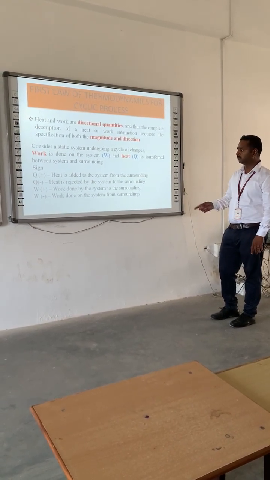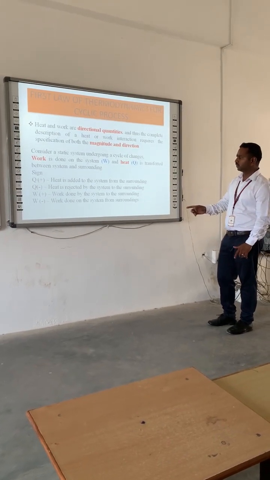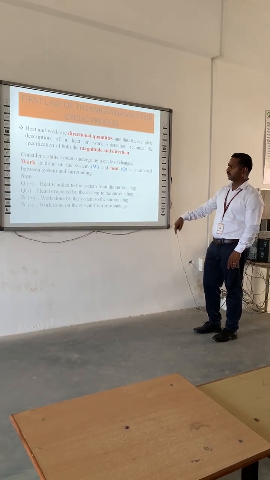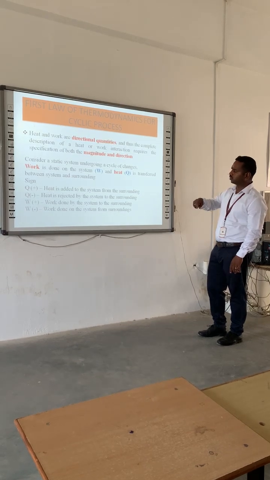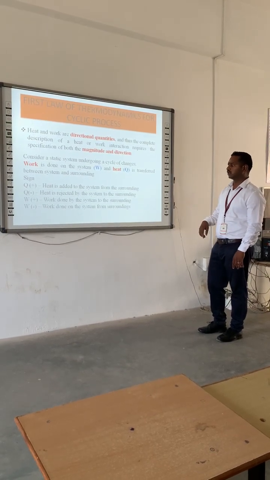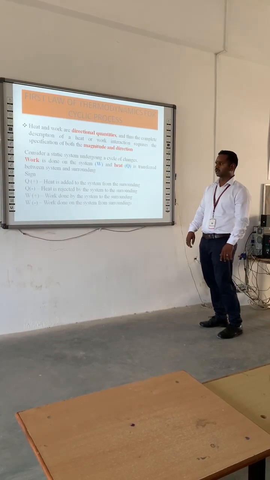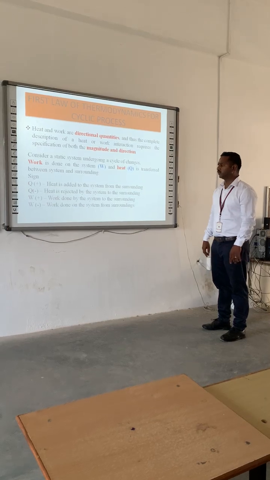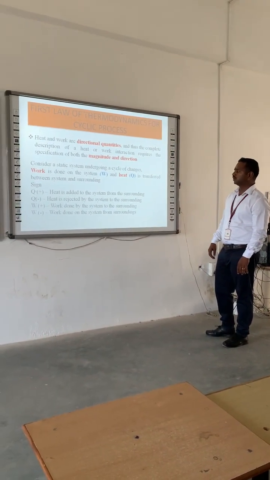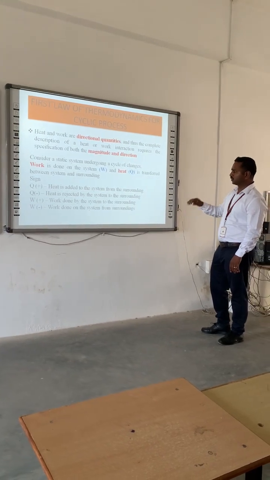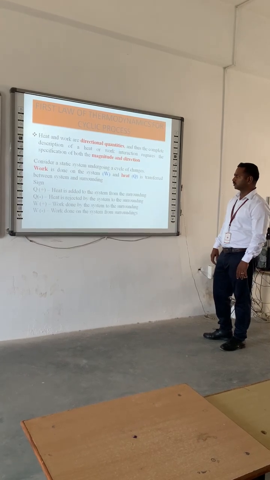Similarly, the work done by the system on the surroundings is positive. Then consider work done on the system by the surroundings. In our case, the continuous rotation of the wheel keeps the stirrer rotating continuously, so the work done on the system is negative. Work done by the system on the surroundings is what causes the heat rejection from the system to the surroundings.